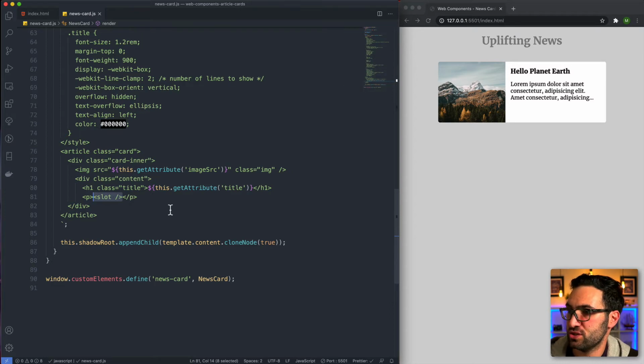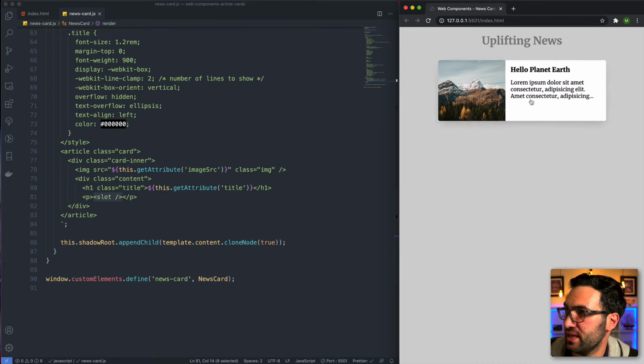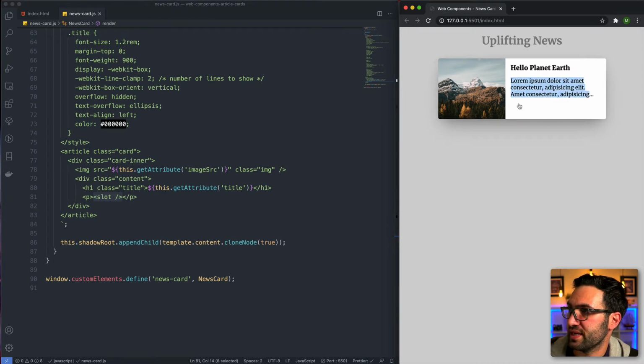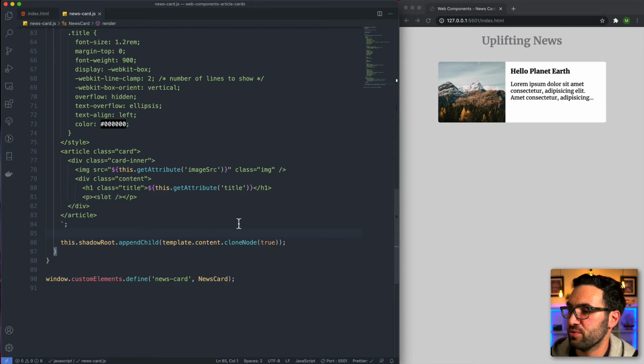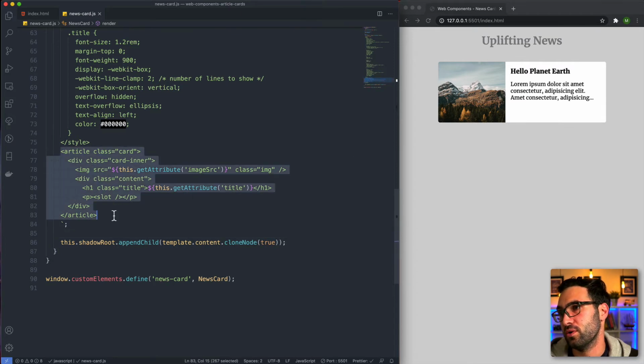This is pretty much as far as we're going to take this web component, but there's one last thing, and that is clicking on it. When we click on this, we want to make sure that we open the URL to which this component is linked. And so to do that, now there are a couple of ways I could approach this. One way would be to wrap the whole article element in an anchor tag. But since we're already in